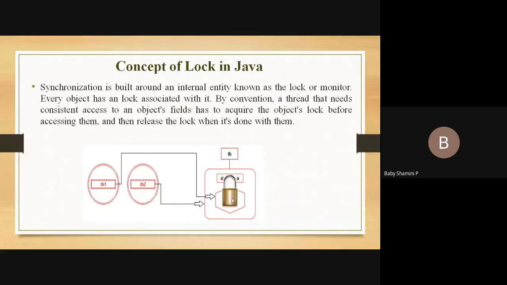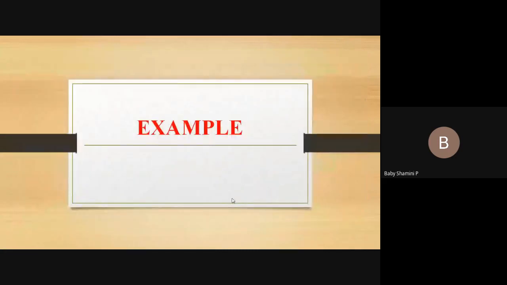That is the concept of using a lock. So based on some mutual exclusion, they will share the resources. Once thread 1 completes its task, it releases the lock. So thread 2 or thread 3, any thread can enter the particular region and they can read or write anything, they can perform in the critical section region. So that is the concept of using lock. Next we have some examples.